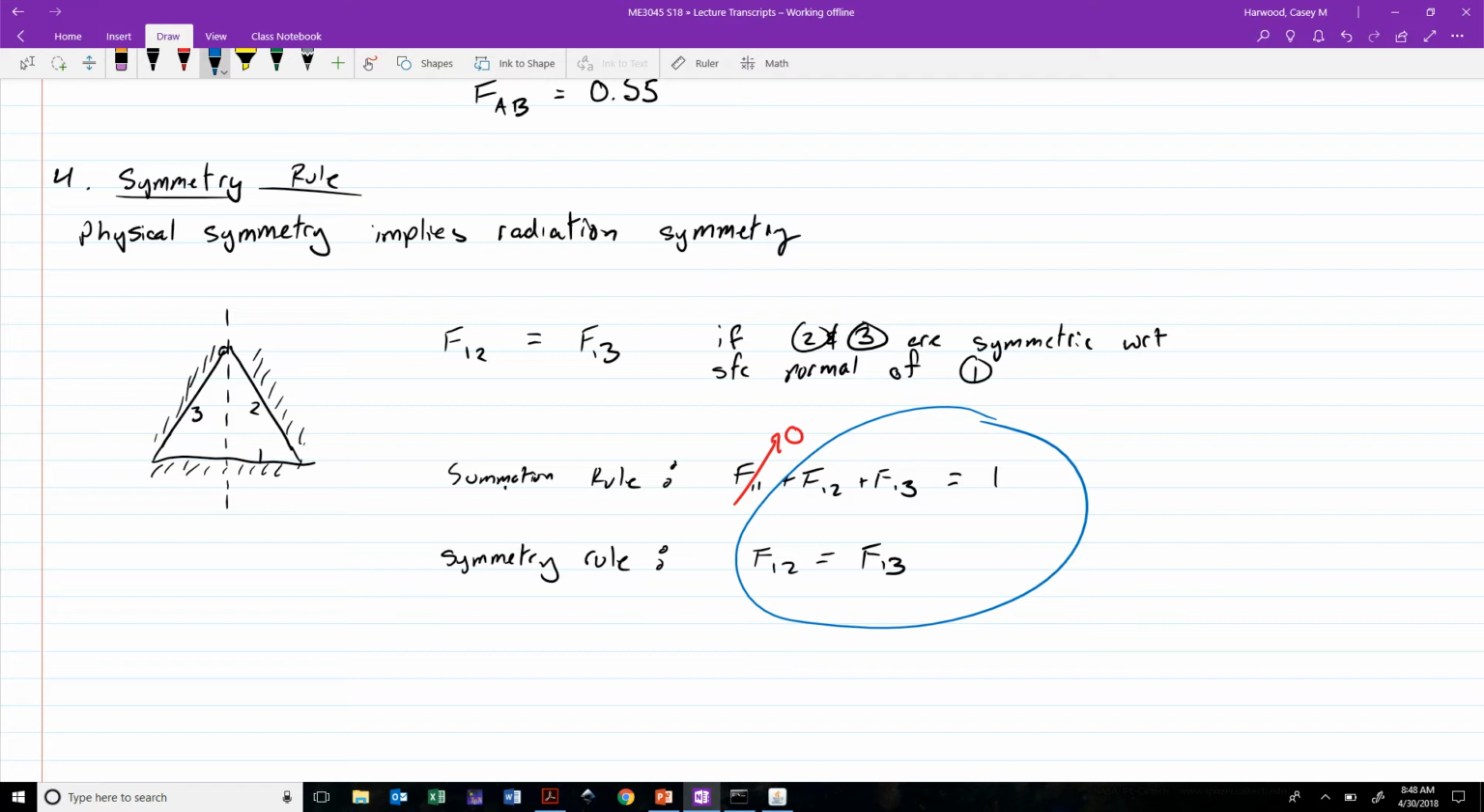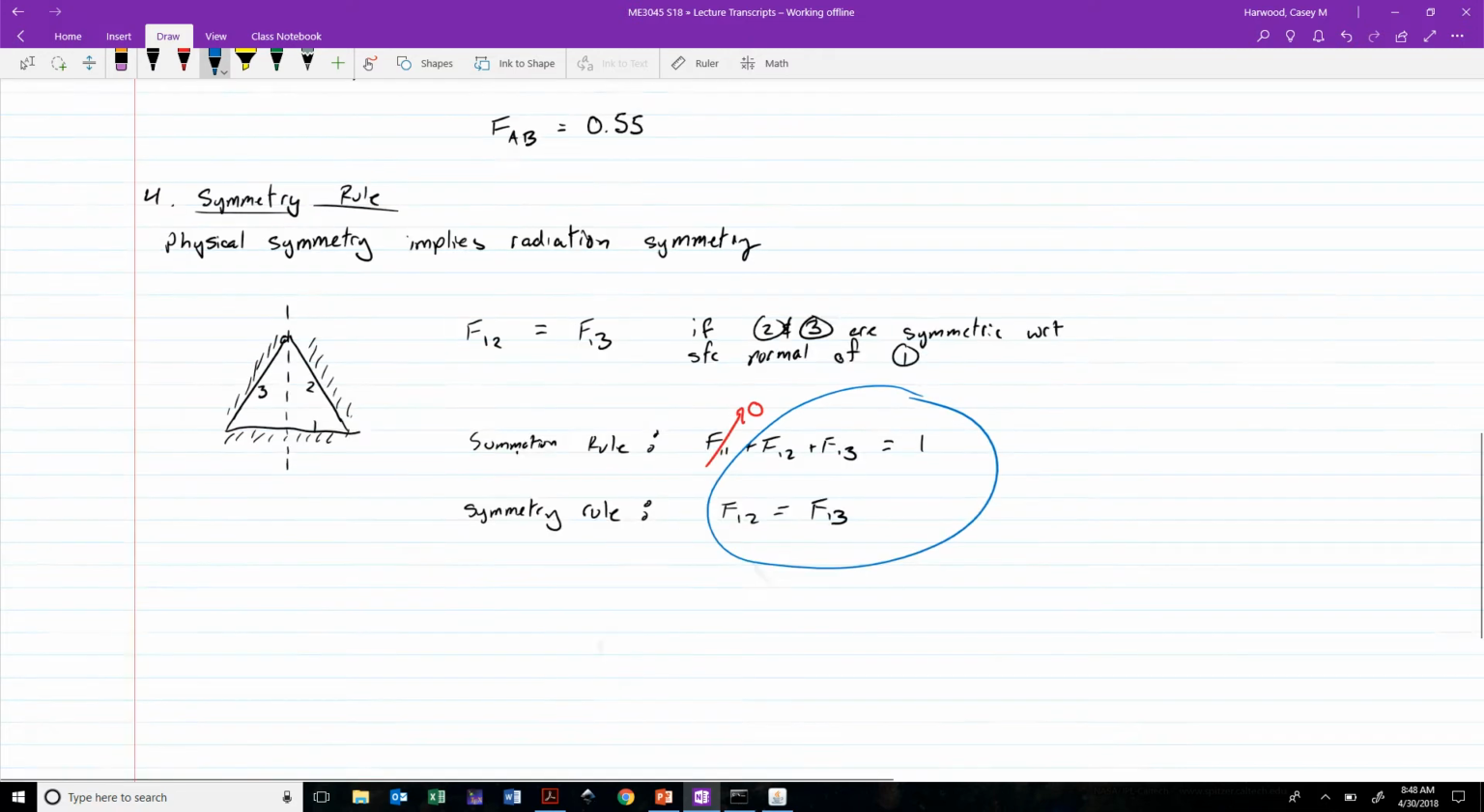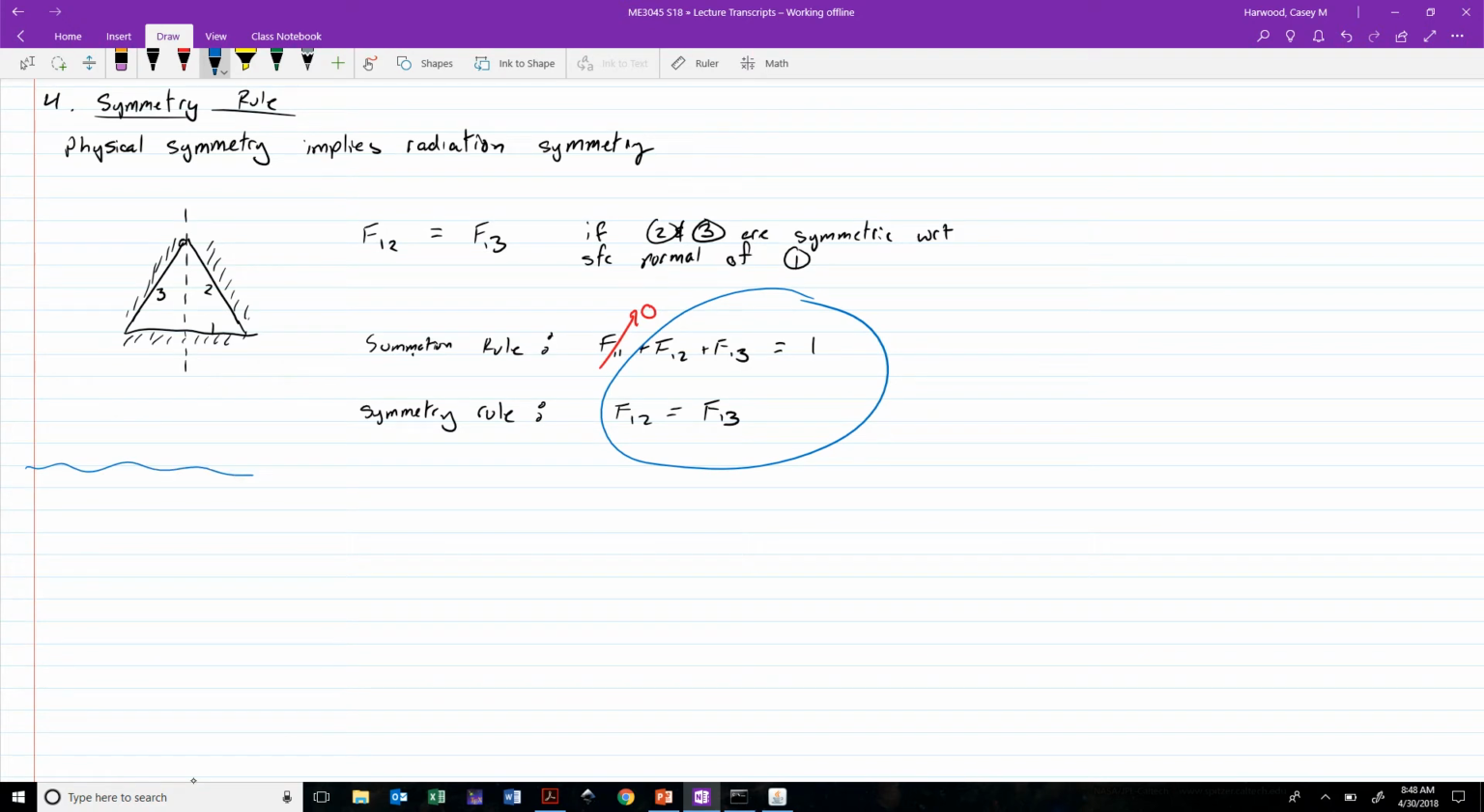Okay, so we're going to shift away from the definitions a little bit and start talking about how we would actually use view factors in heat transfer problems. So to reiterate this idea of a view factor, I want to reiterate 2 points. View factors assume diffuse radiation, okay, and second, the